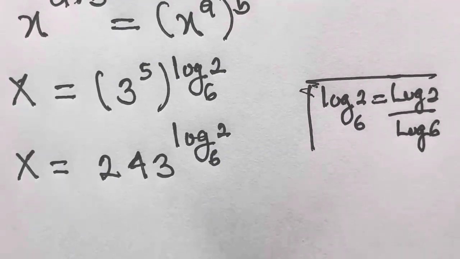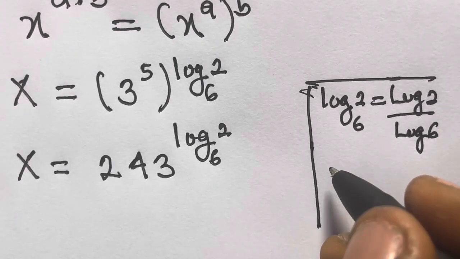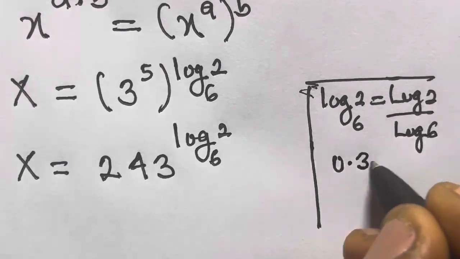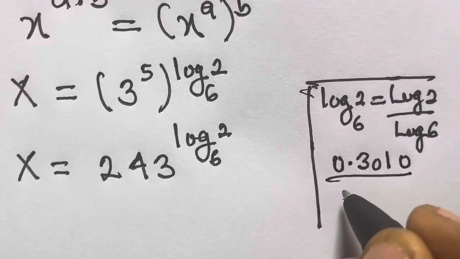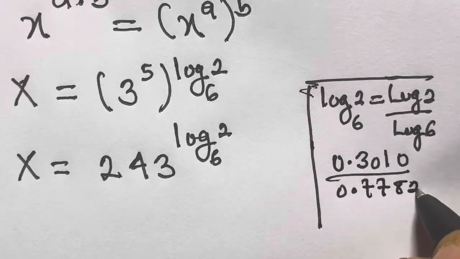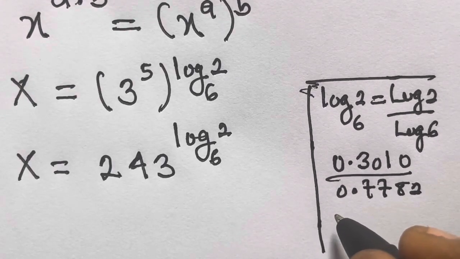We press log 2 from the calculator, we have 0.3010, and log 6 is equal to 0.7782. If we divide them, we will have